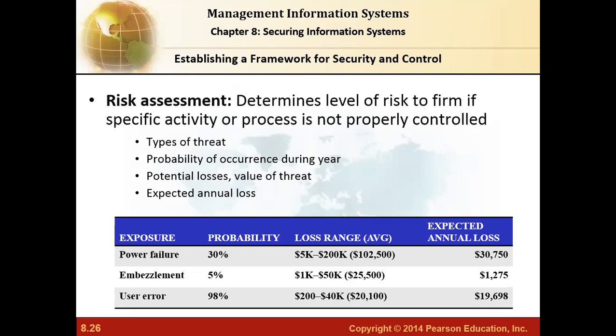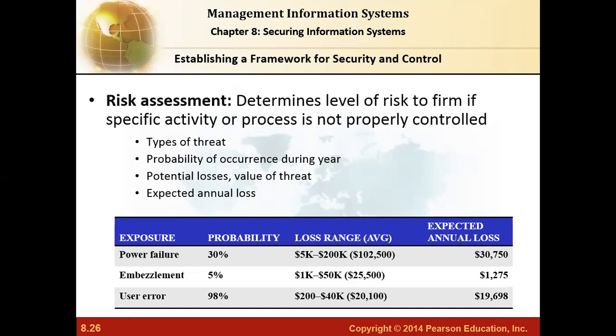Similarly, embezzlement is 5%, it's less, not that much, so we can just add a few controls and conditions so that embezzlement can be reduced to 1% or less than 1%. User errors are 98%, which is too much, although the expected annual loss in that case is only $19,000. But